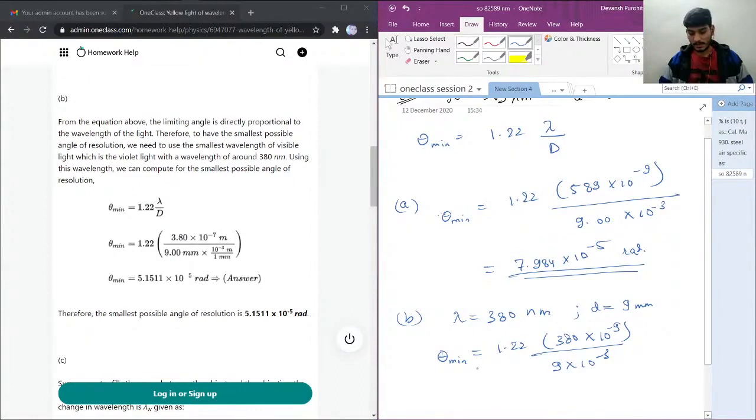Then I'll use my calculator: 1.22 times 380 times 10 power negative 9, divided by 9 times 10 power negative 3. This will be 5.11